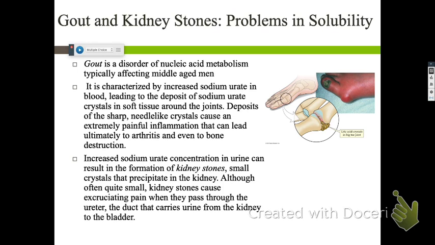So that's where we have 2 ions that are more stable together than they are dissolved. So when they run into each other, if you have a high enough concentration, you're going to form those solids. And those solids are not just nice, smooth solids. They're actually really sharp crystals, and they can be extremely painful.